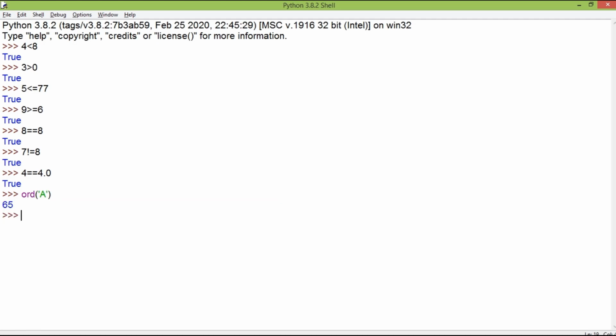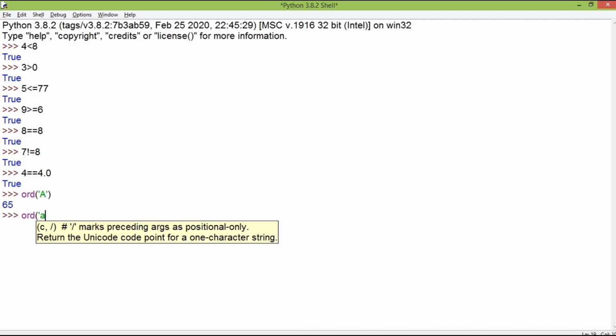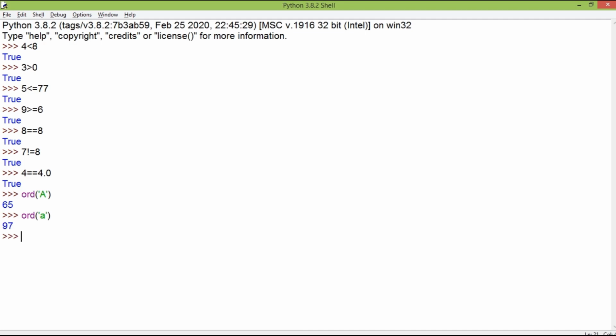The number which has been returned by this function is the ASCII code of capital A. Now let's check the ASCII code for small a. Now you can clearly see that the ASCII code of lowercase a is greater than the ASCII code of uppercase A, which means all the lowercase letters are greater than the uppercase letters.